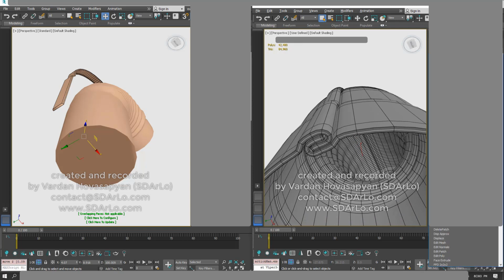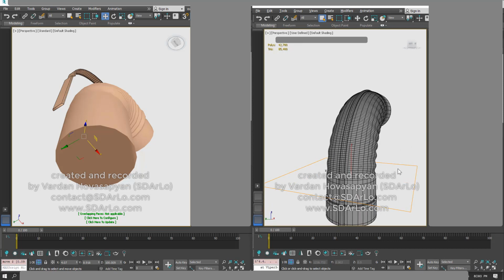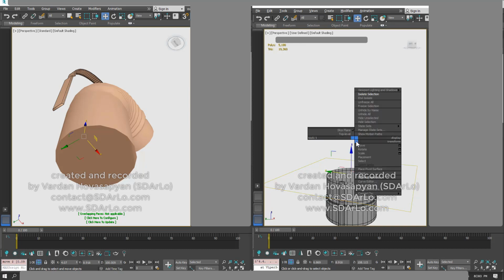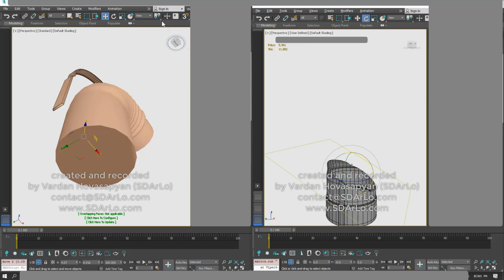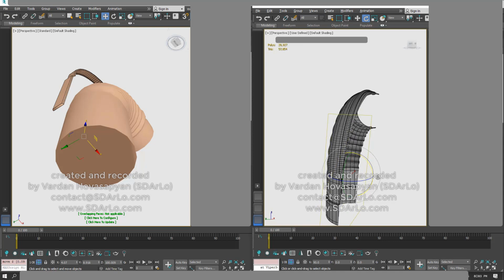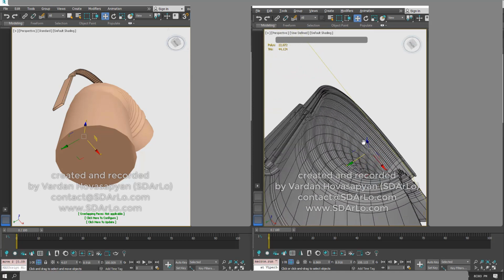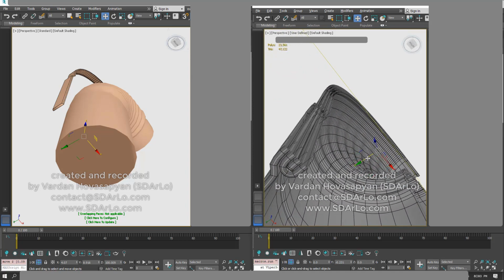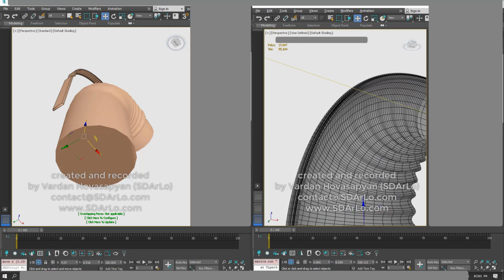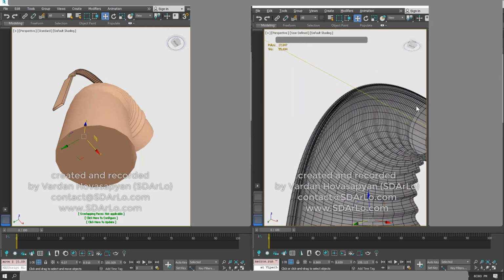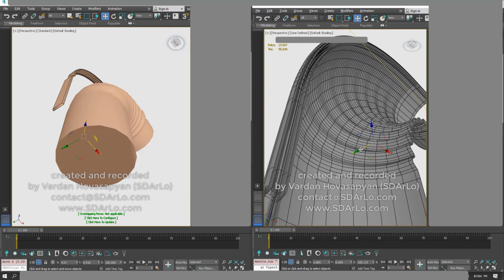So if I'm going to put here a slice, I need to prove it to you. So let's say I'm going to just turn on my angle snap. So here is, you can see, as I'm moving